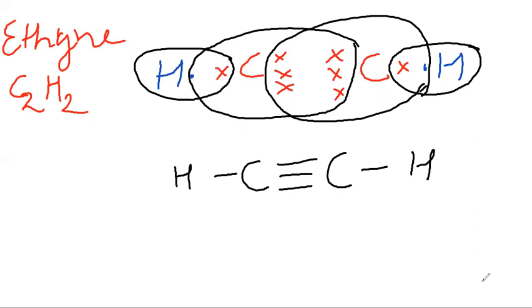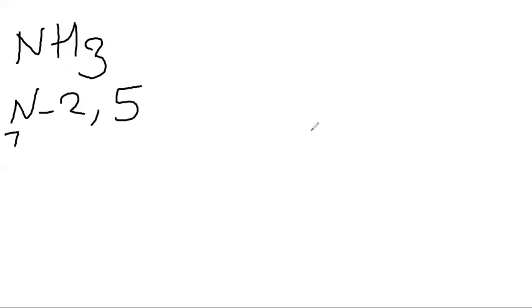Now let us take some other compound like ammonia. Ammonia is NH3, that is having a nitrogen atom. Nitrogen atom has configuration 2 and 5. Atomic number is 7. Hydrogen has just one electron. Now if we draw the electron dot structure of nitrogen, nitrogen has two electrons here, and these are the other three electrons of nitrogen. So these are the 5 electrons of nitrogen, and if we draw hydrogen here,